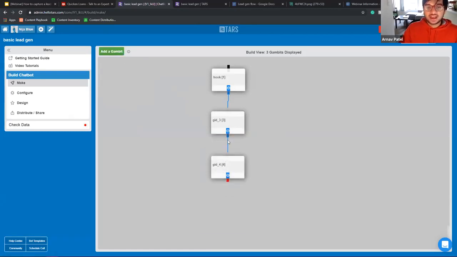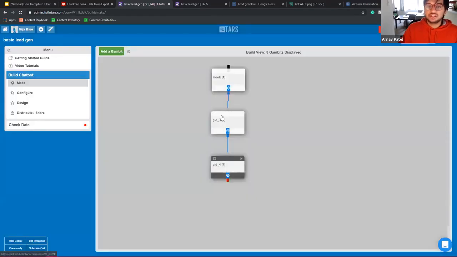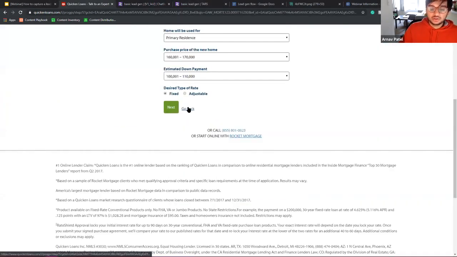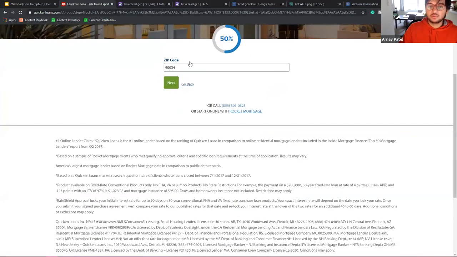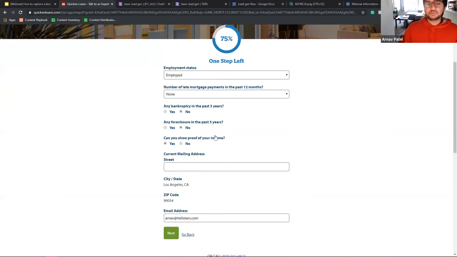So over here, I just added 2 gambits. We can go in here and capture a couple of details. Now, I will say, especially if you have a landing page like Quicken Loans, where you've segmented it into multiple parts, the user needs to fill in one detail at a time for a little bit, keep hitting next. They reach over here, they hit next again, takes them to another form. What I usually recommend that you do